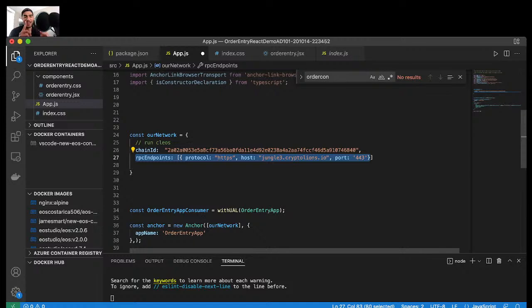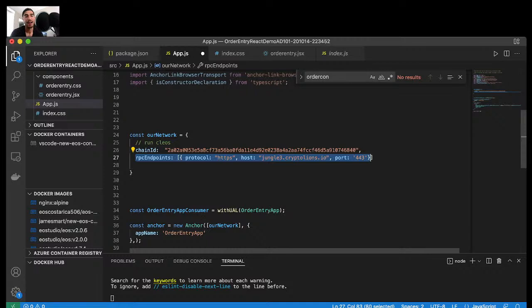So if I want to talk to that chain, which I now have identified through this unique ID, how can I actually talk to it? Well, I talk to it through a node. In this case, that's facilitated through our definition of our RPC endpoint, which through the HTTPS or HTTP protocol, depending